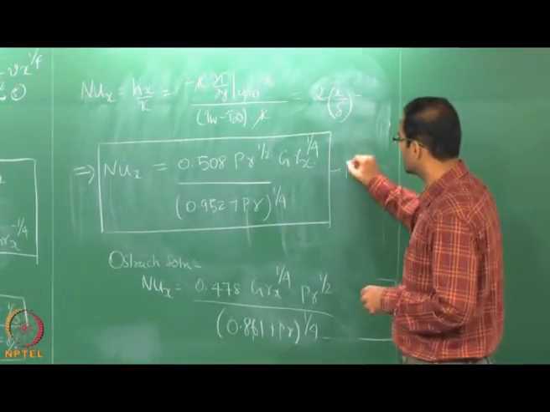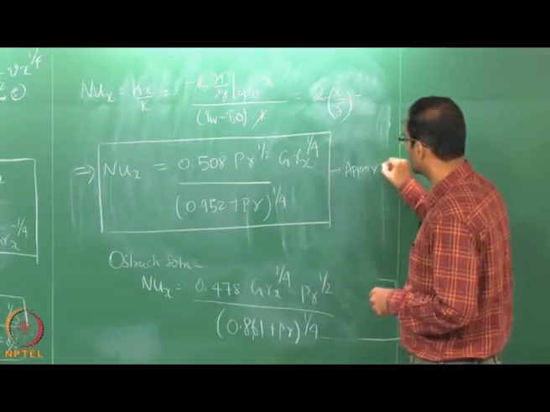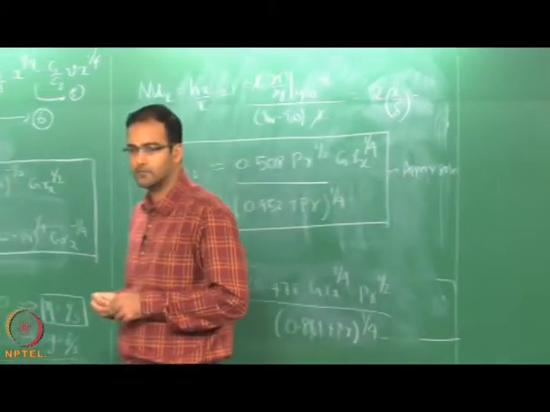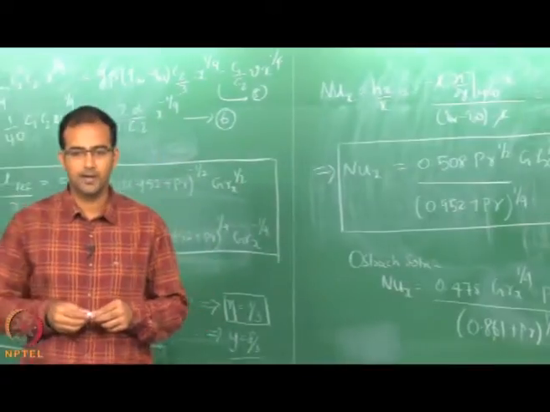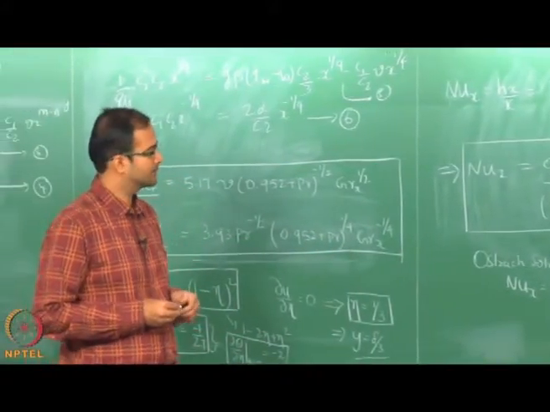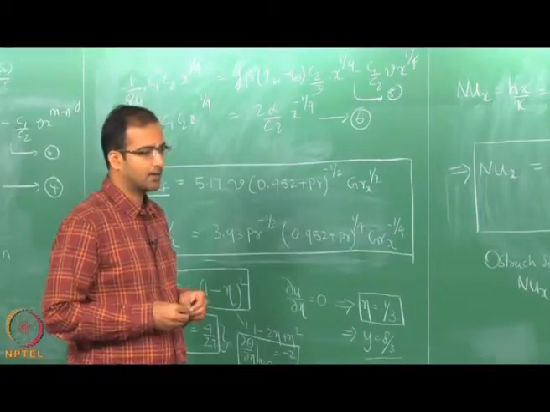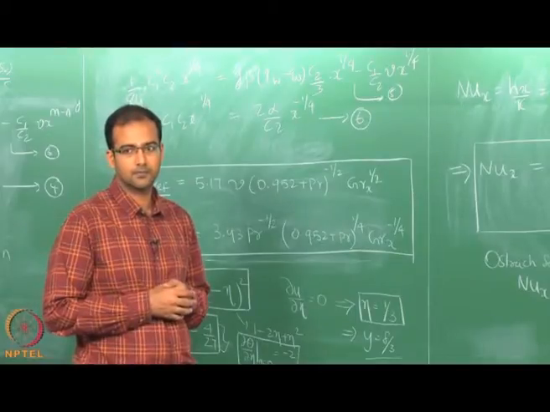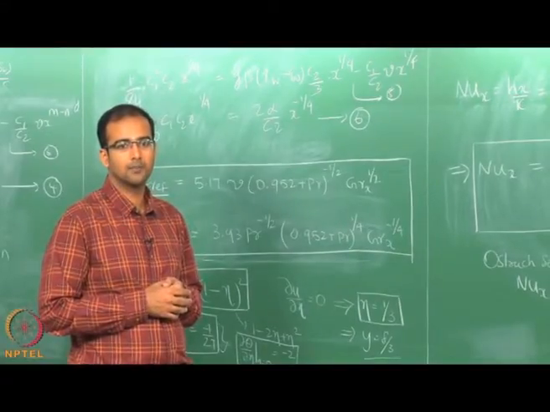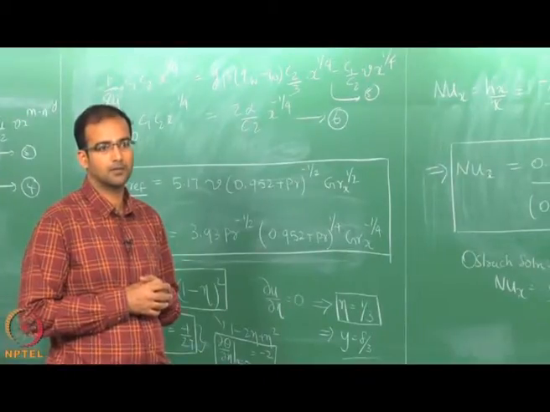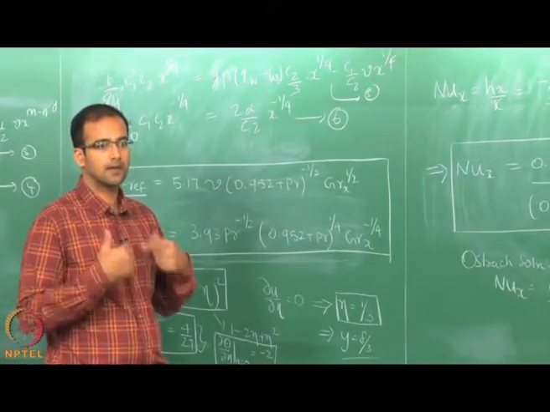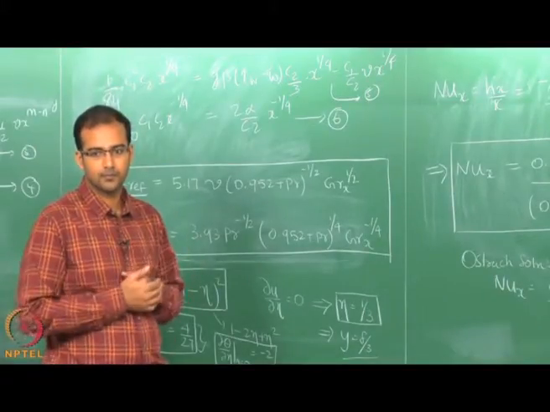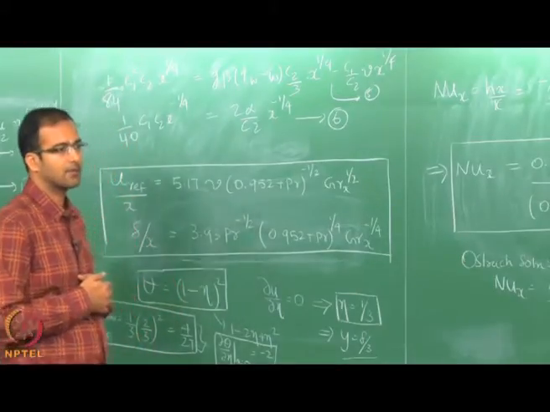So therefore, by doing an approximate solution in this case also, we will be able to get satisfactory agreement. But however, compared to the external forced convection, this is not so trivial. You had to guess the variation of U reference and delta, and then you had to calculate the exponents and then coefficients. So it is a little bit roundabout. In the external forced convection it was very straightforward.